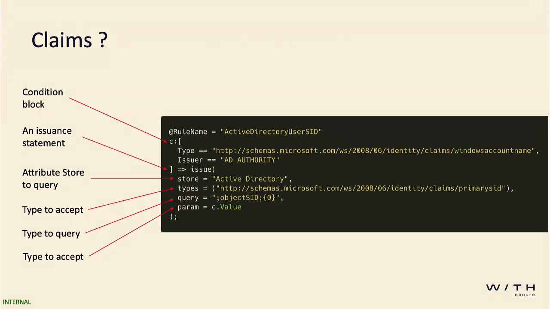So essentially, the premise behind ADFS is you have a claim. The user is essentially claiming to have attributes. So you have a condition block and an issuance statement, the query that is essentially going to be made to Active Directory. Traditionally, the parameter that's getting passed to this rule is something that the user controls, like their username and their password, things like that. And essentially, the ADFS claims engine will do a transform, do the lookup, return the claim information, then build a SAML assertion, and then get passed.